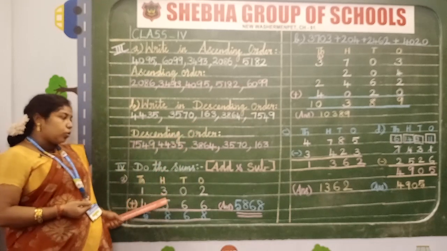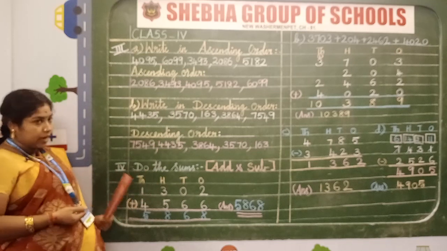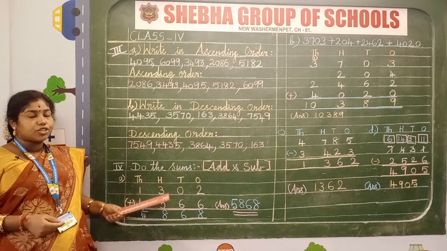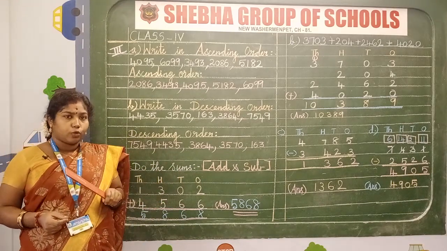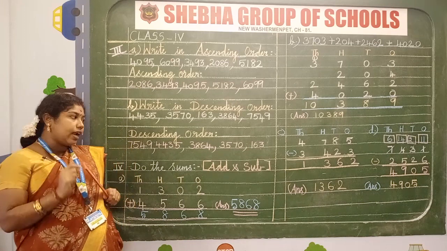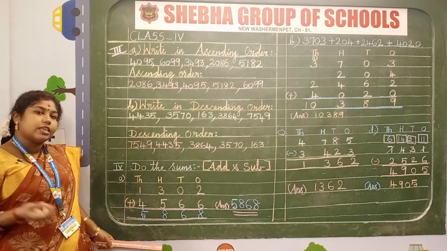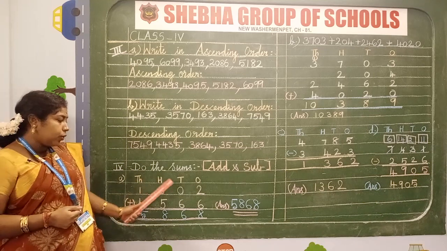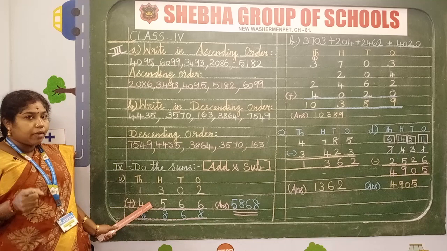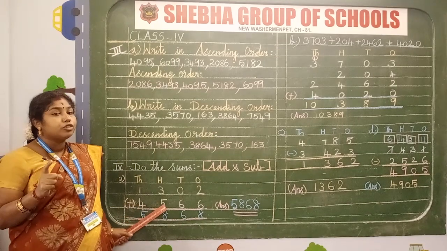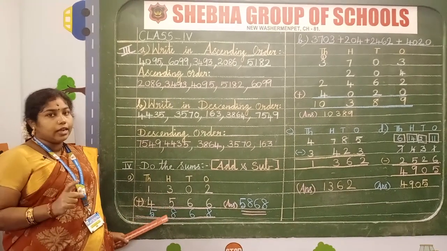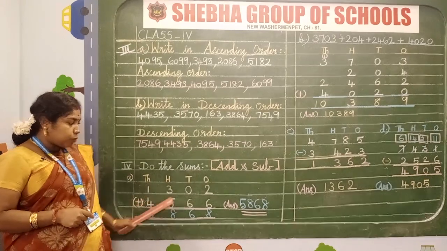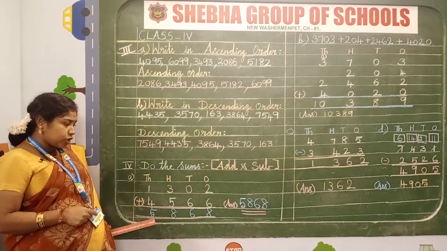Now we move on to do the sum, fourth Roman letter. In our previous class we learned addition and subtraction with regrouping and without regrouping, children. Do you all remember that? So here we have 4 sums. Let us do that. Come on, children. Here they have given the place values and then the numbers. In maths, I am again insisting you should write the numbers properly, or else the whole sum will get the wrong answer. So write the numbers properly according to the place value position, children.